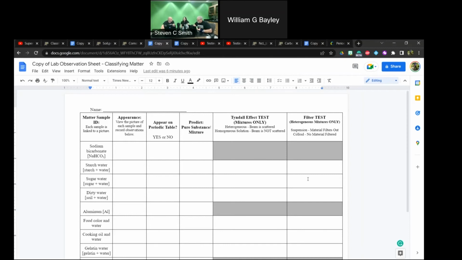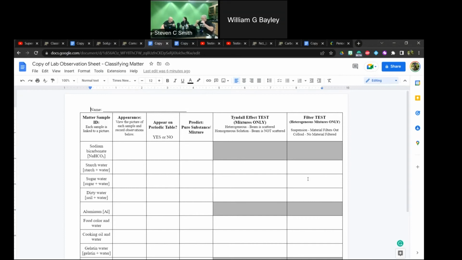And if you get to a point where the kids are wanting to bring in samples, this is awesome, because now they're invested and they want to know. They're going to learn it better if they've made that connection to that material. And then someone mentioned they do this same lab with unbreakable plastic test tubes, and they love adding the Tyndall effect. Oh, good. Okay. All right.